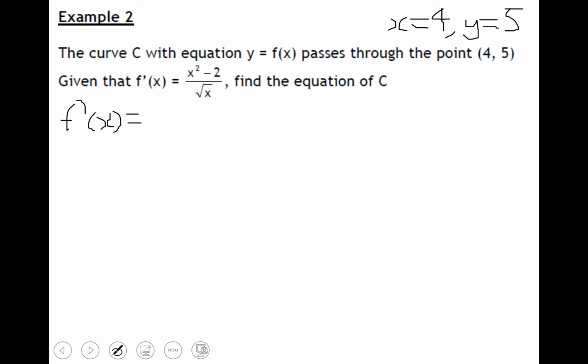So what we need to do, there'll only ever be one term in the denominator, so that we can just break it down into x squared over root x, and root x is the same as x to the half, minus 2 over root x, again, root x is x to the half,